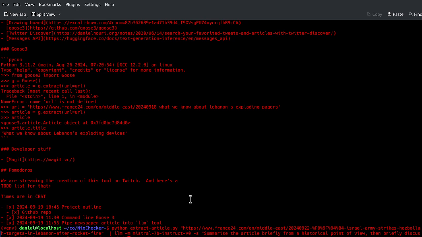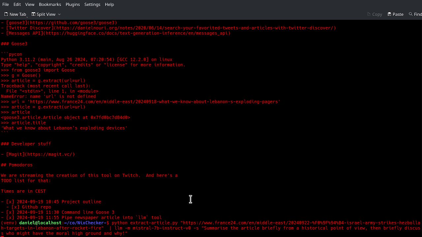So the problem here is that maybe the context window is too large since we're piping in so much of the article, but we'll see how that goes. The topic here is a little bit, of course, delicate, right? But we want to see, because LLMs are always set to make up things, you should check the facts and so on. So just to highlight the fact that LLMs might also not be perfect, we're going to use a very delicate topic right now, and we'll see how it's going to do with that.